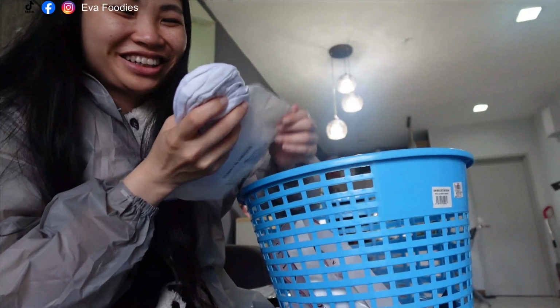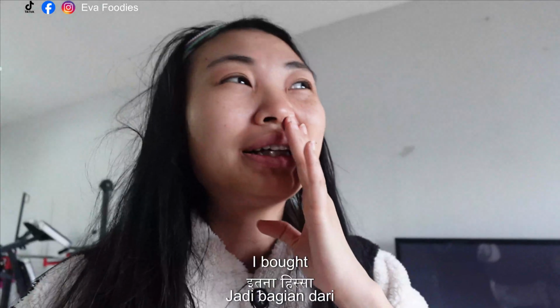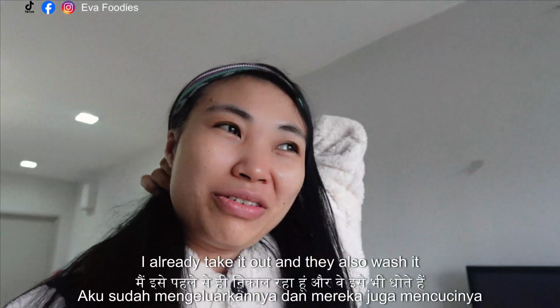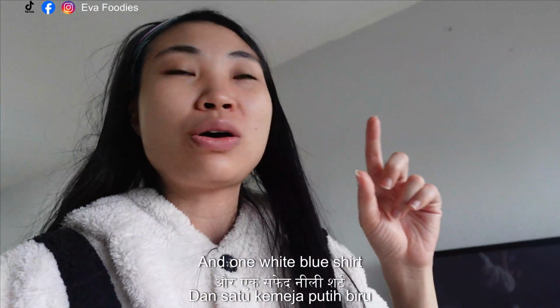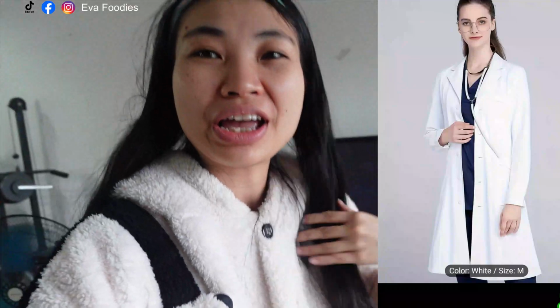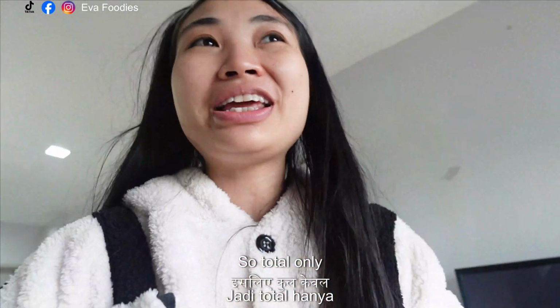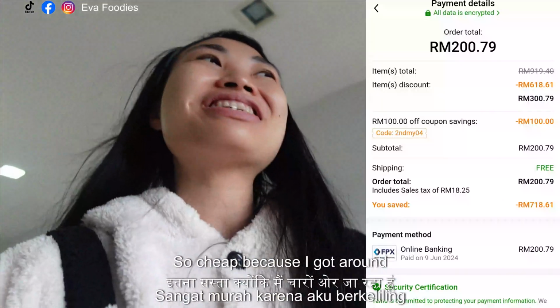Some socks. I also bought a set of clothes. I already took it out and I also washed it already. And one white blue shirt and then this one, sleeping clothes. So the total is only 300. So cheap, because I got around